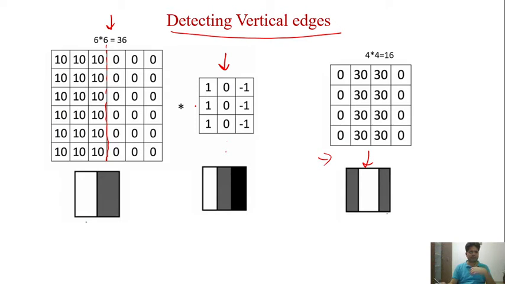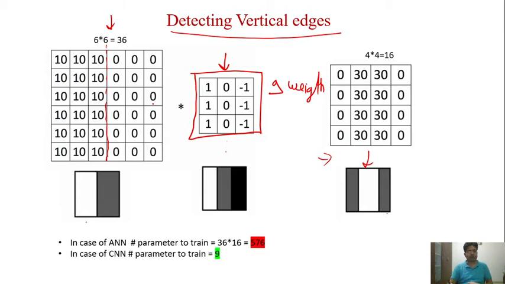Now you can say, okay, we can do this with the ANN as well. Once we do it with the ANN, what is required? In this case, we required only one kernel, and this kernel has only 9 weights to find all the edges in this input. Now, if we want to perform only edge detection, which is a very primary or elementary feature of any image related operation, how many nodes do we require as input? We require 6 by 6 nodes as input in the ANN. Then we want output that is 4 by 4.